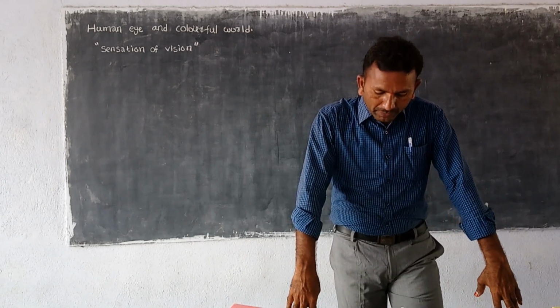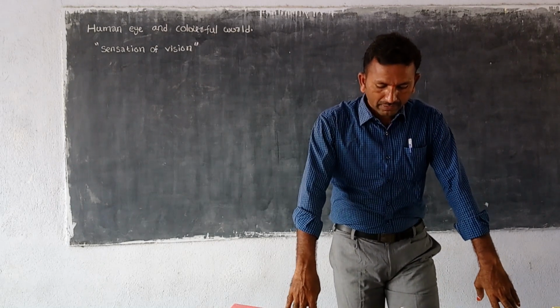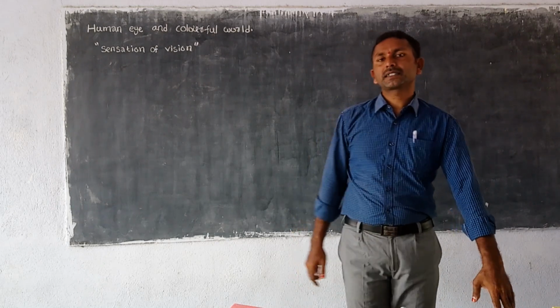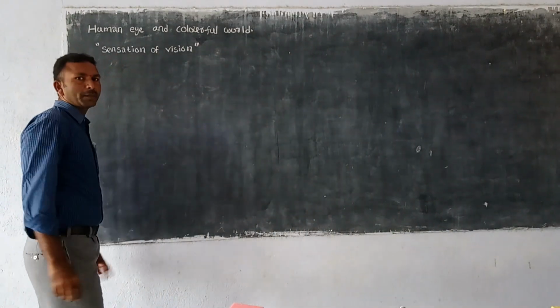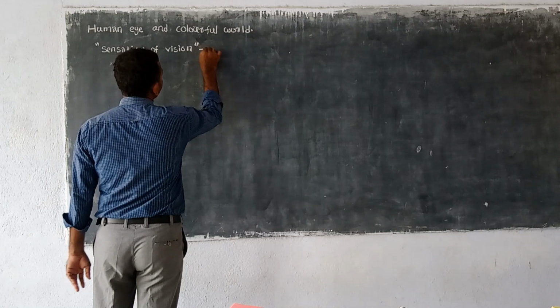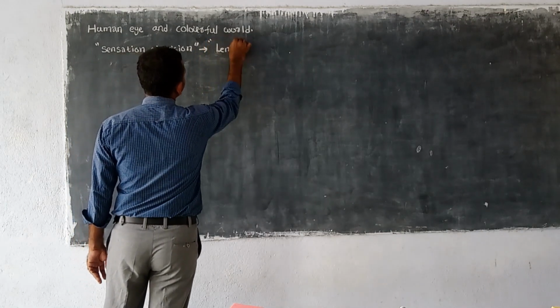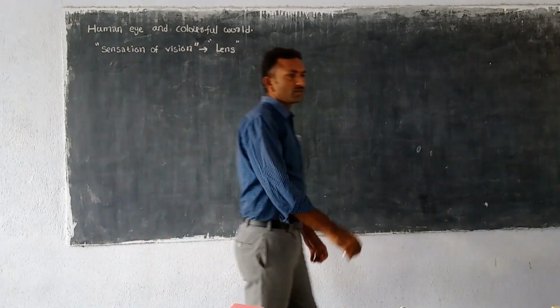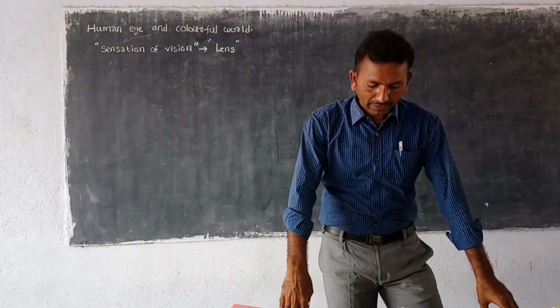We see objects because the light scattered from them falls on the eye. The eye has a lens in its structure. So if it is working on this principle, we need some object in that eye. So that is, it contains a lens. The eye contains a lens in its structure. So how is it arranged in the eye? Let us see in this lesson.